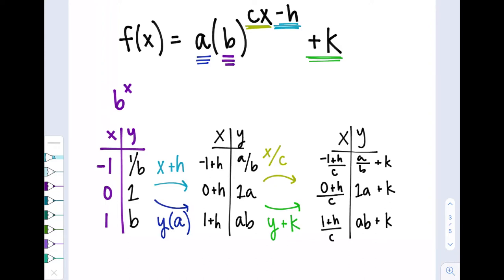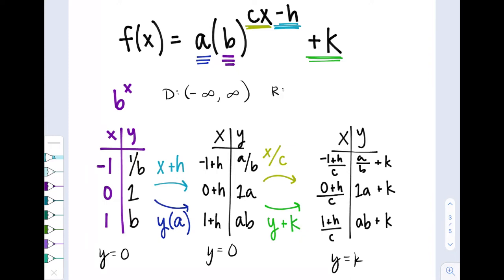Okay, the horizontal asymptote is always changed by vertical transformations. So stretching and shrinking 0 is not going to do anything. And then when you add k, your horizontal asymptote is always y equals k. Your domain is always negative infinity to infinity. There's no restrictions on what you can input into an exponential function. And then your range is going to depend on